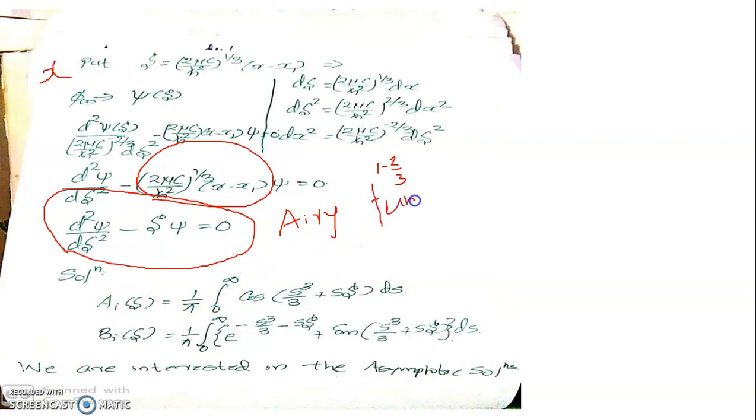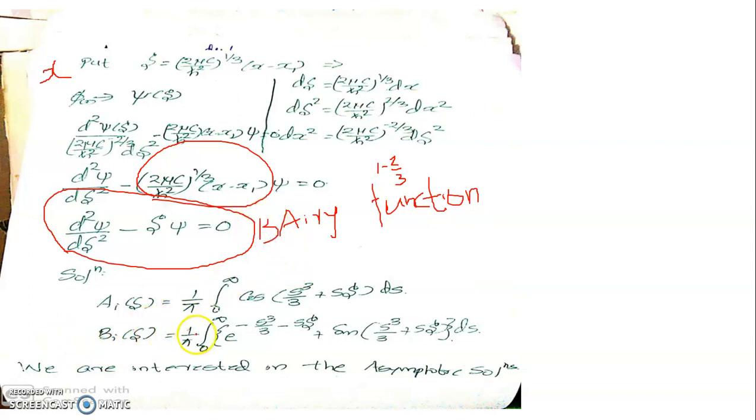So the solution of this equation can be written in terms of Airy and Bairy functions, and these solutions are given here. The Airy function is represented as Ai of theta, which is given by 1 by pi integral 0 to infinity cosine of (s cube by 3 plus s theta) ds. And the supplementary Airy function or supplementary solution, always referred to as the Bairy function,